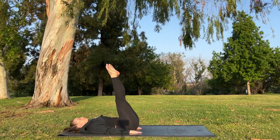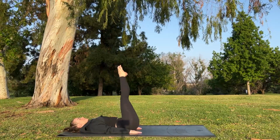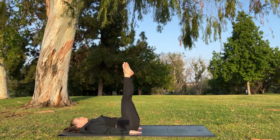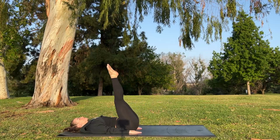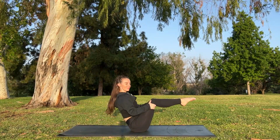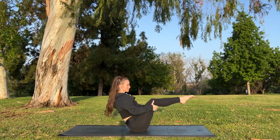If you find the lower back lifting and this is challenging or using your back muscles, make it smaller. Okay, less is more. We must do this with the muscles of the belly, keeping that lower back planted. One more time. And hands behind your hamstrings, rock up to balance on your sits bones in this Navasana boat